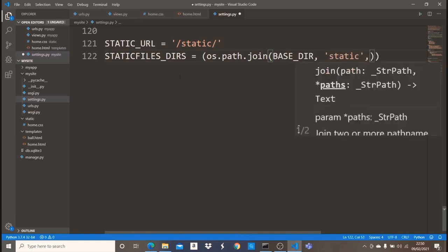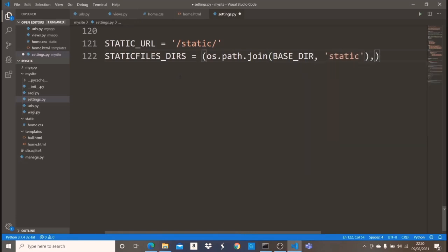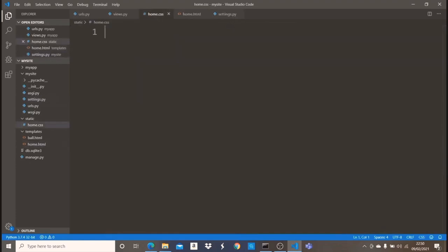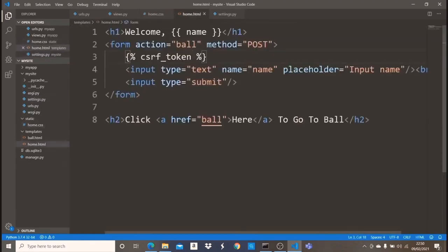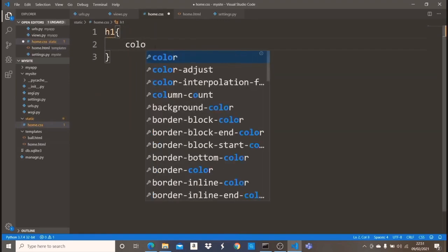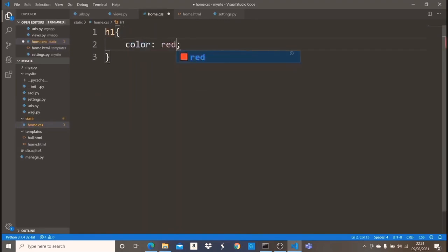And then right here we can just put a comma. Now that we have this done, we can come in here and include this home.css. So you know that we have an h1, let's just do some basic stuff, h1, and then let's give it a color of red,